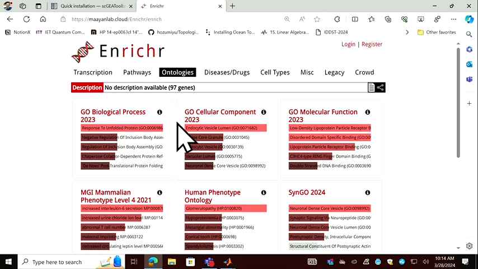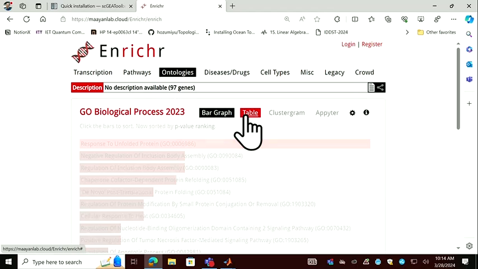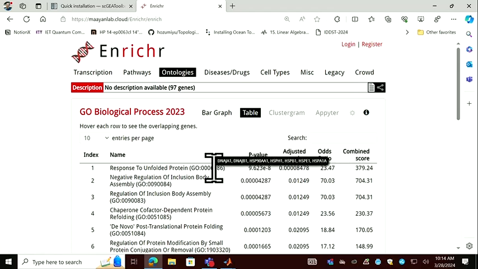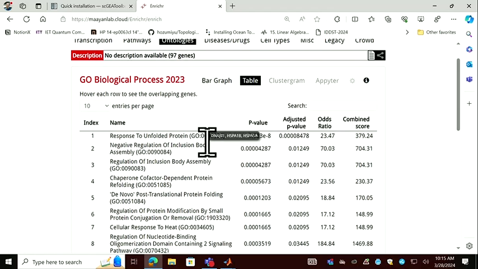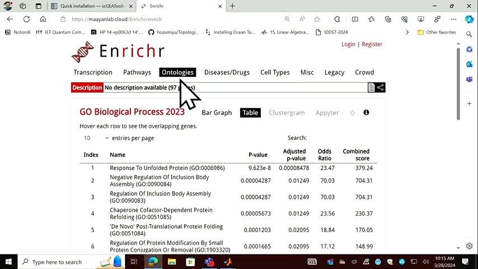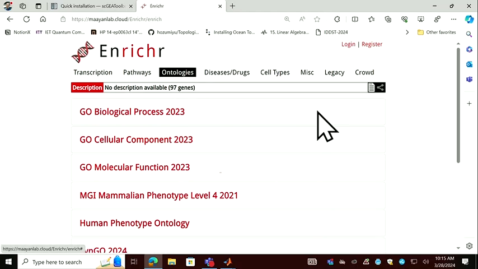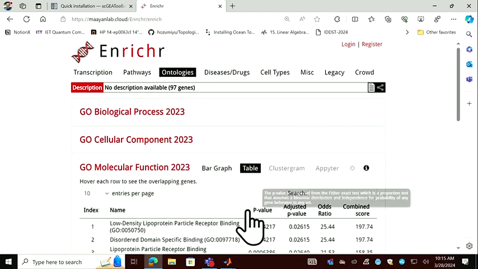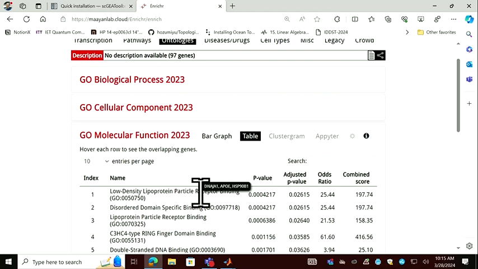So for this group of endocrine cells, we have those top highly variable genes, including those responding to unfolded protein, some heat shock proteins, regulation of inclusion bodies. Yeah, so this is the molecular function, including, yeah, because those are the